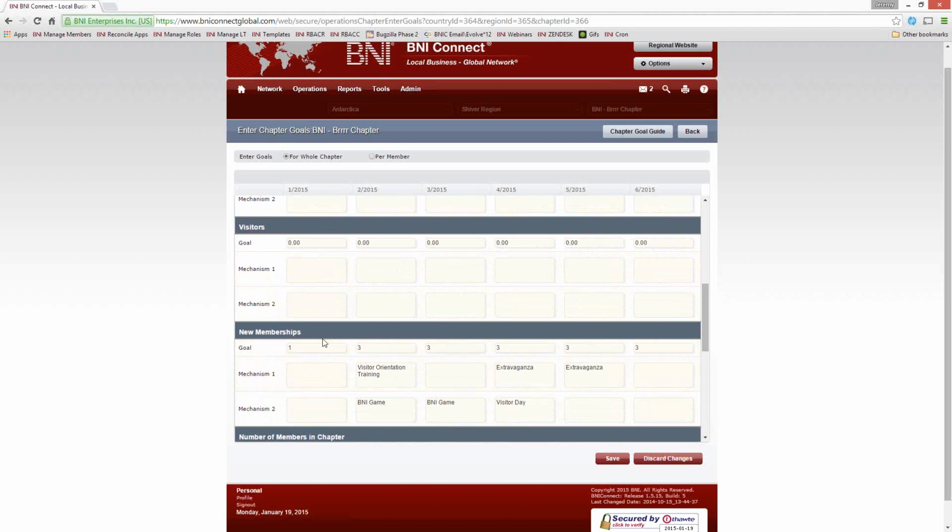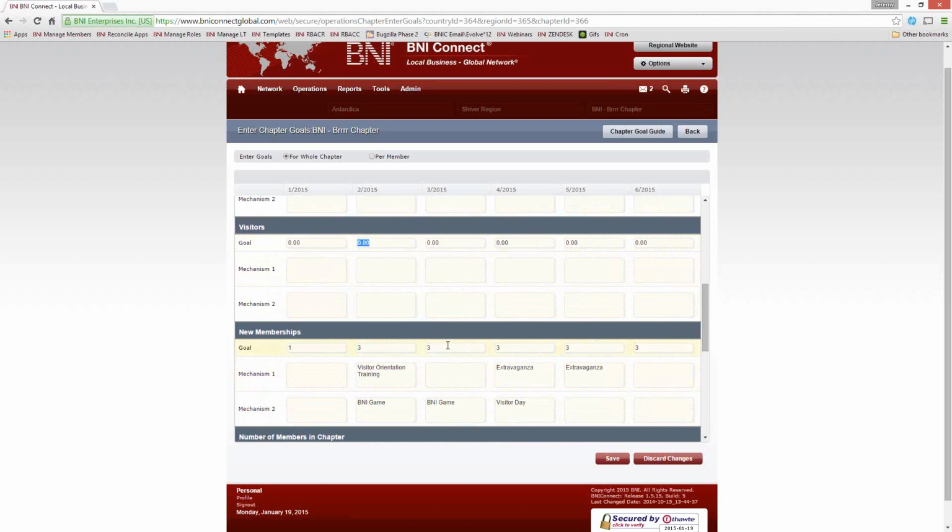So let's say we have a pretty high conversion rate for our visitors. Our visitor hosts are doing a phenomenal job with the orientation process. So we're converting, let's say, 30% of our visitors. One in every 3 visitors becomes a member. So if we know that, then we know that we need to have at least 9 visitors in each of these months in order to have 3 new memberships.